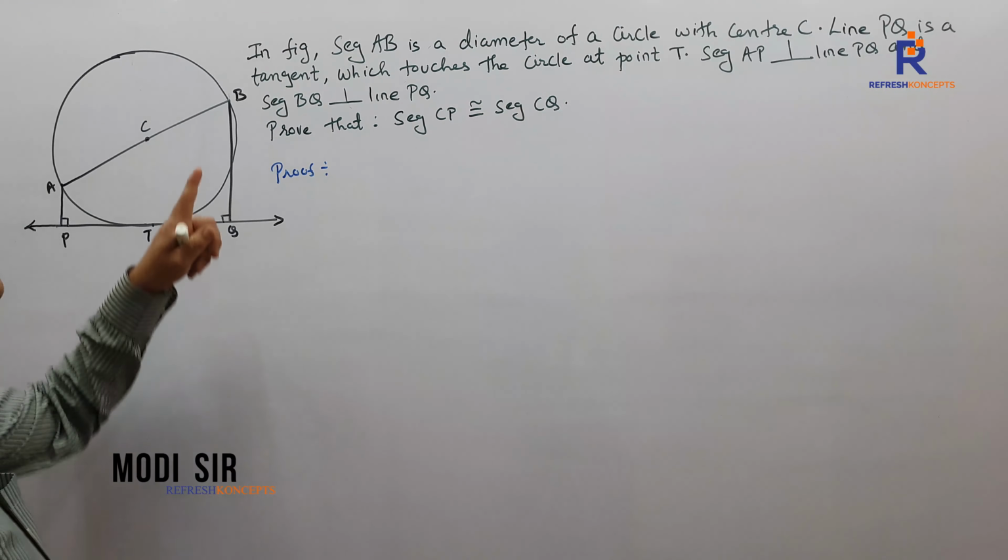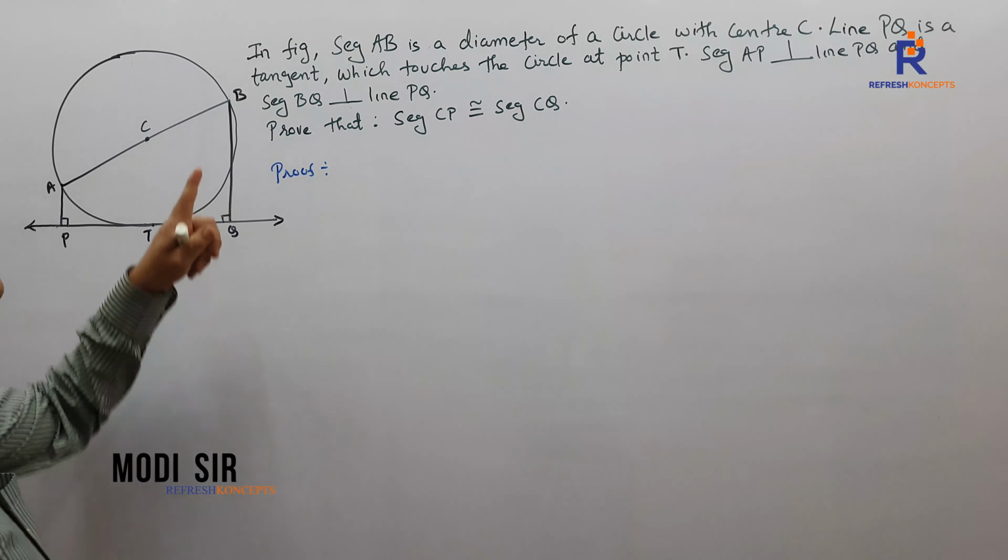Also given to us, AP is perpendicular to PQ. Now via this we can say CT is perpendicular to PQ, and also given to me that BQ is perpendicular to PQ. This is equation 2, and I shall say this is from given. I have said earlier also, children, and I reiterate once again: the given part is what you are supposed to write down. I am writing to prove, construction and the main sum. Wherever it's needed, I'll be writing from given. AP is perpendicular to PQ, BQ is perpendicular to PQ.